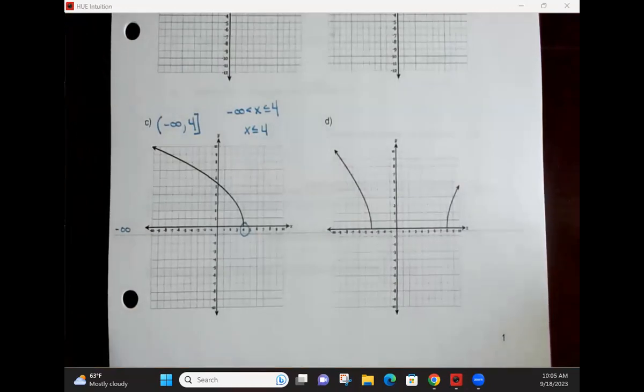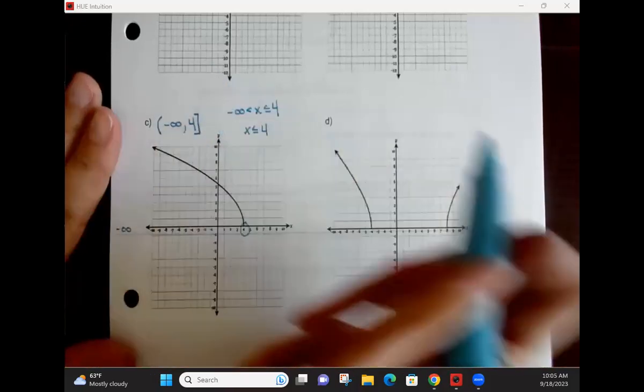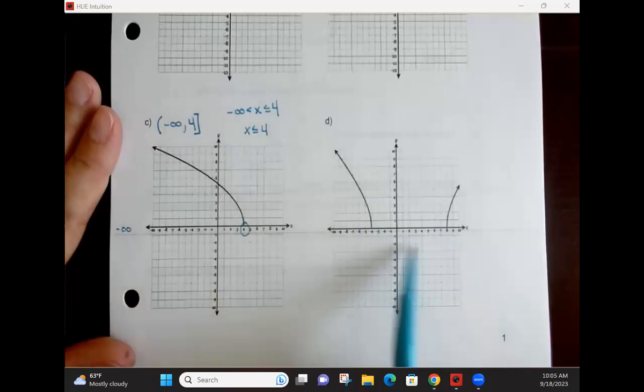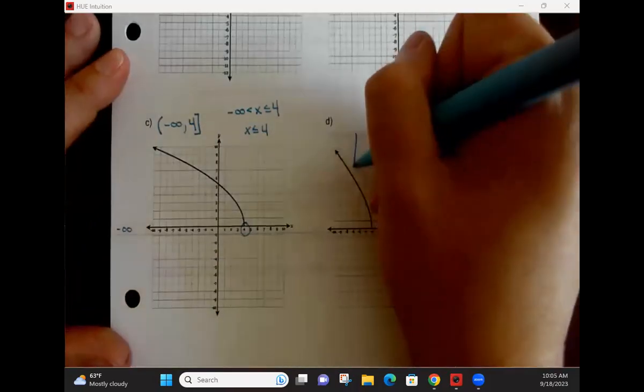D is a little bit different. What makes D unique here? This is one function. Yeah, so I've got two pieces here, and we're going infinitely this way and infinitely this way, but there's a big chunk missing out of the middle, right? There's a big gap, as you said, okay? So I'm going to write each piece. So for this piece right here,